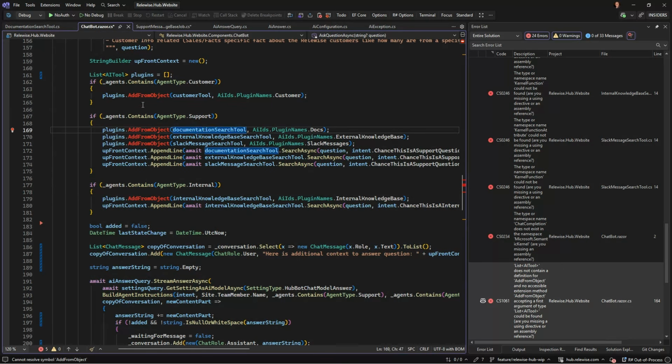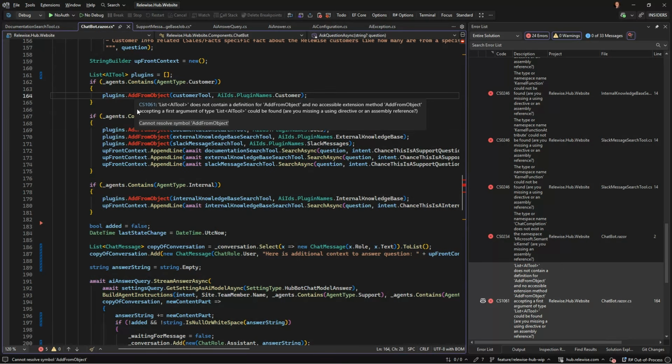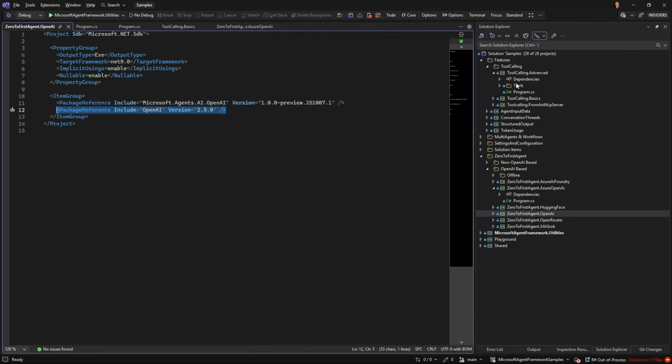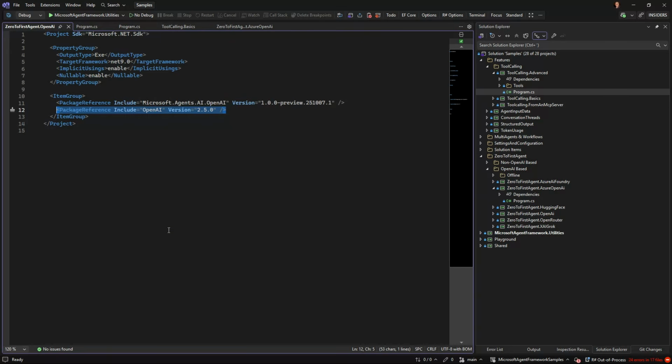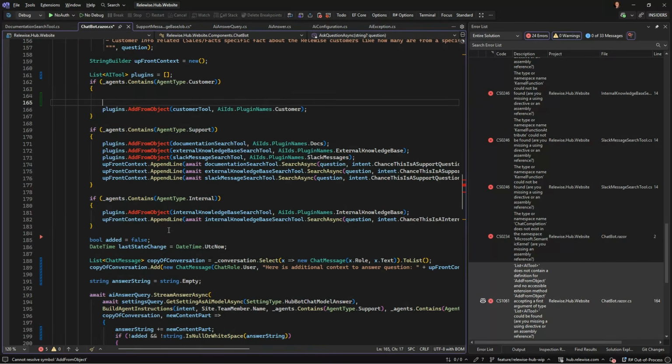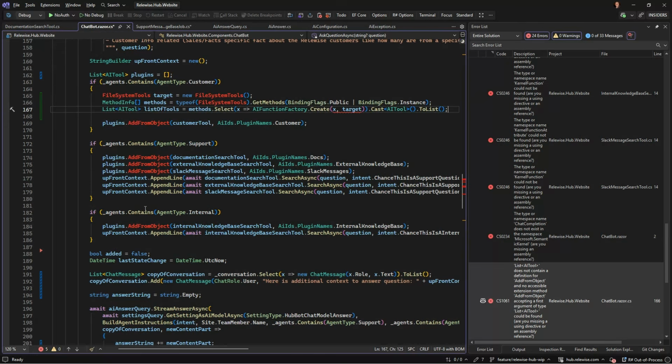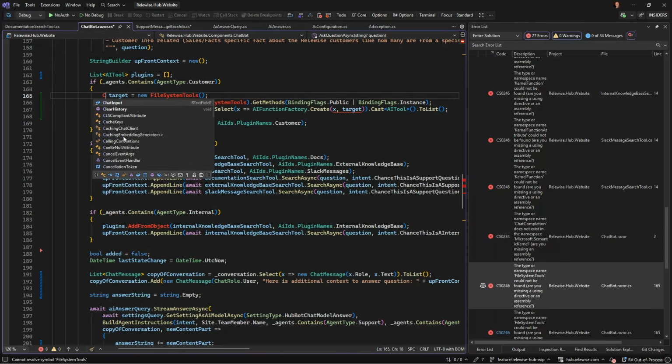Luckily, most of them only have one plugin, but I'm just gonna take some of this from method info here so we can get our list of tools. Because I know this one has a bunch of tools, and that is a customer tool.